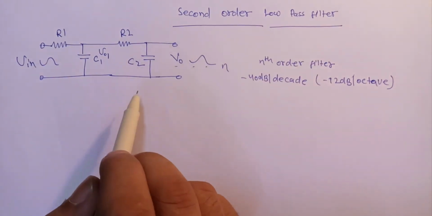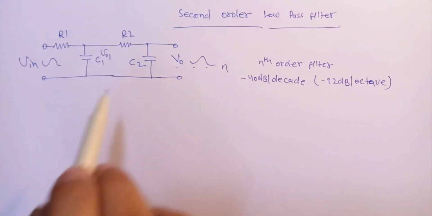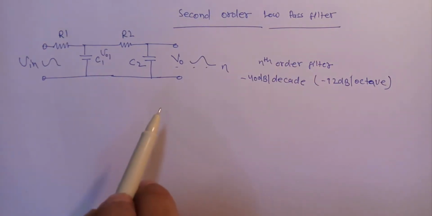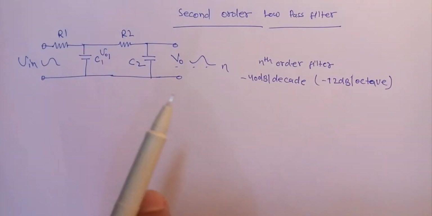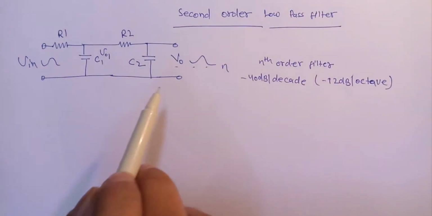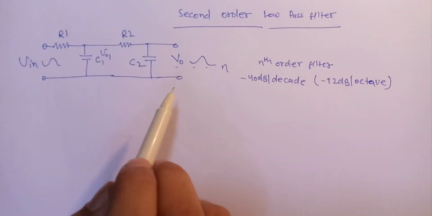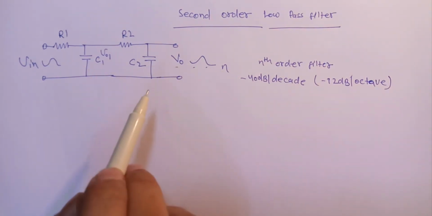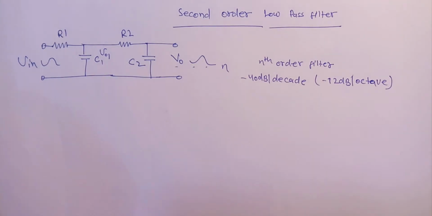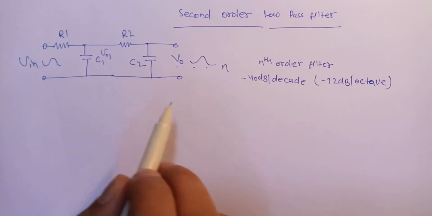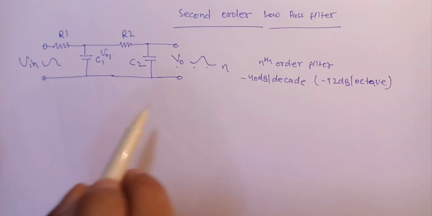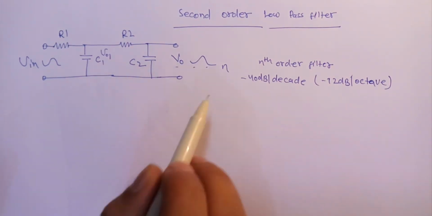So the second order filters are important and widely used in filter designs, because when combined with the first order filter, any higher order filters can be designed using them. For example, a third order low pass filter is formed by connecting in series, or cascading together, a first order and a second order filter. But there is a downside to cascading together RC filter stages. Although there is no limit to the order of the filter that can be formed, as the order increases, the gain and the accuracy of the filter design declines.